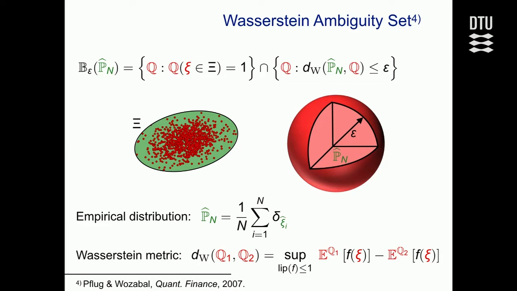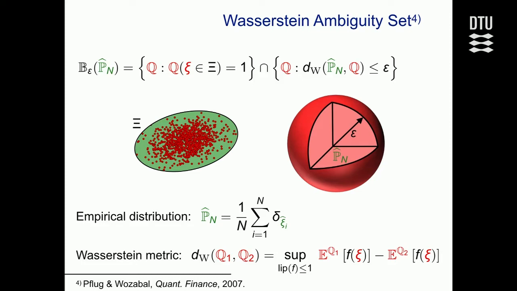So the 1 over n here, that's the weight, and this delta subscript Xi hat i, that's the Dirac point measure at point Xi hat i. So that's basically the distribution that puts all the probability mass at the point Xi hat i, right? And we take the sum of all those and divide by n. If you don't like the symbols, you can forget about them, right? It's just the uniform distribution on all of these n different training samples. Given the data, that's maybe the best guess we have.